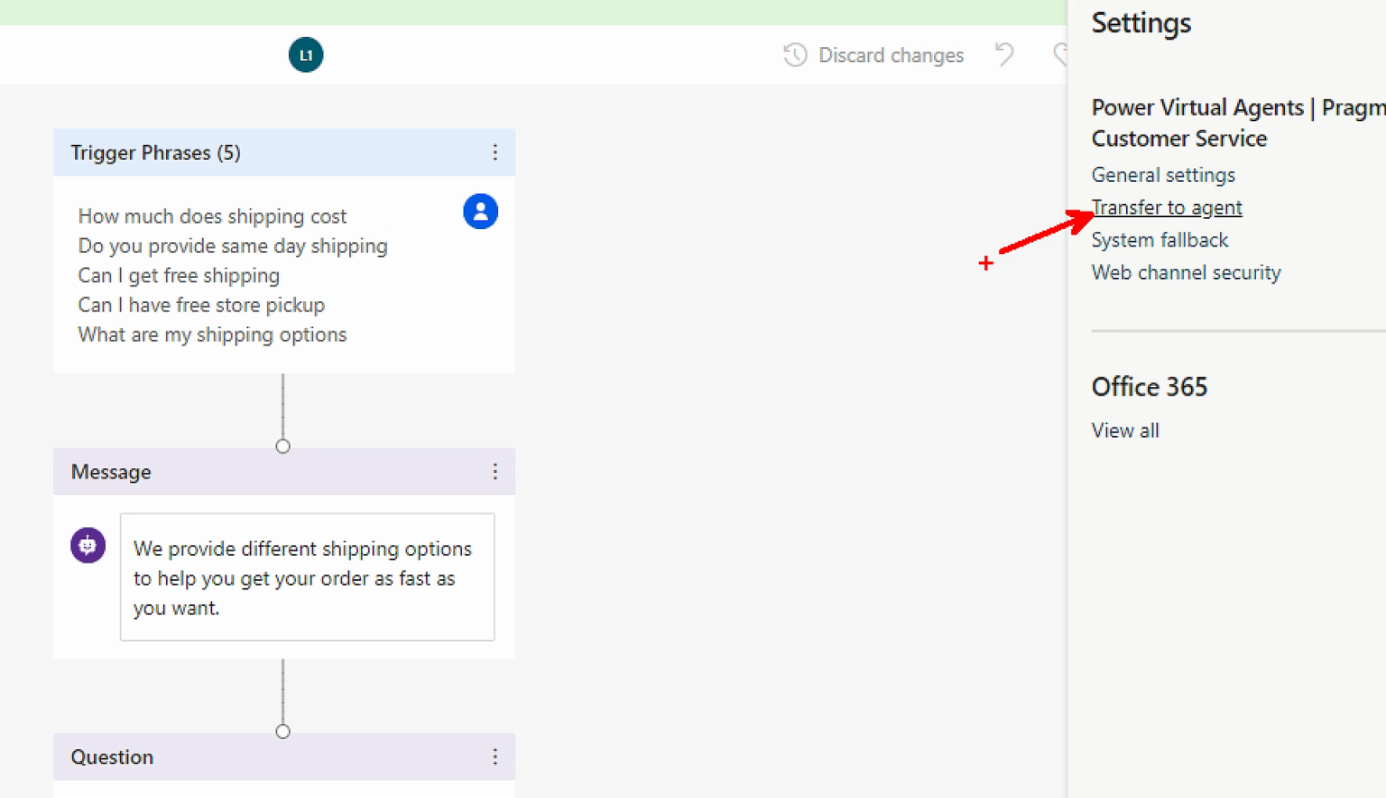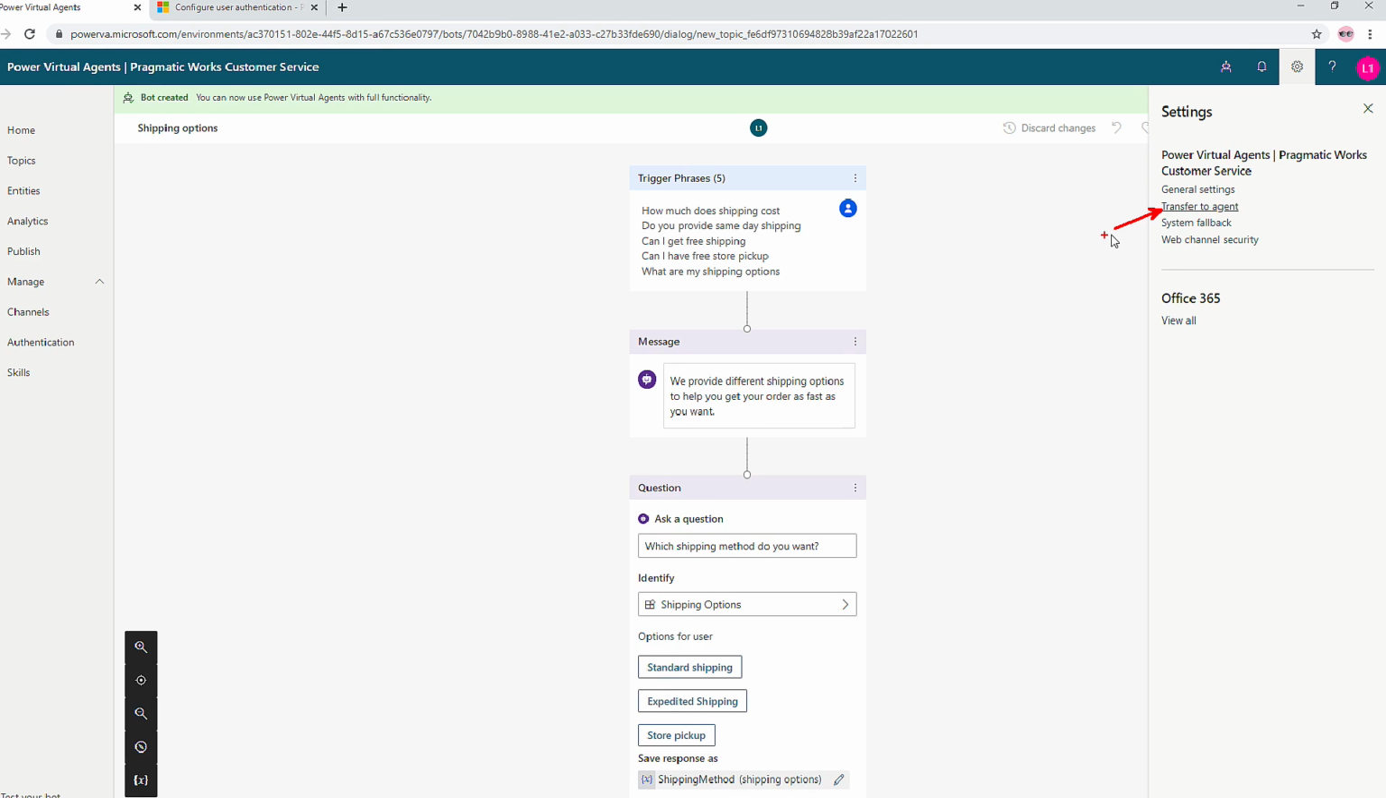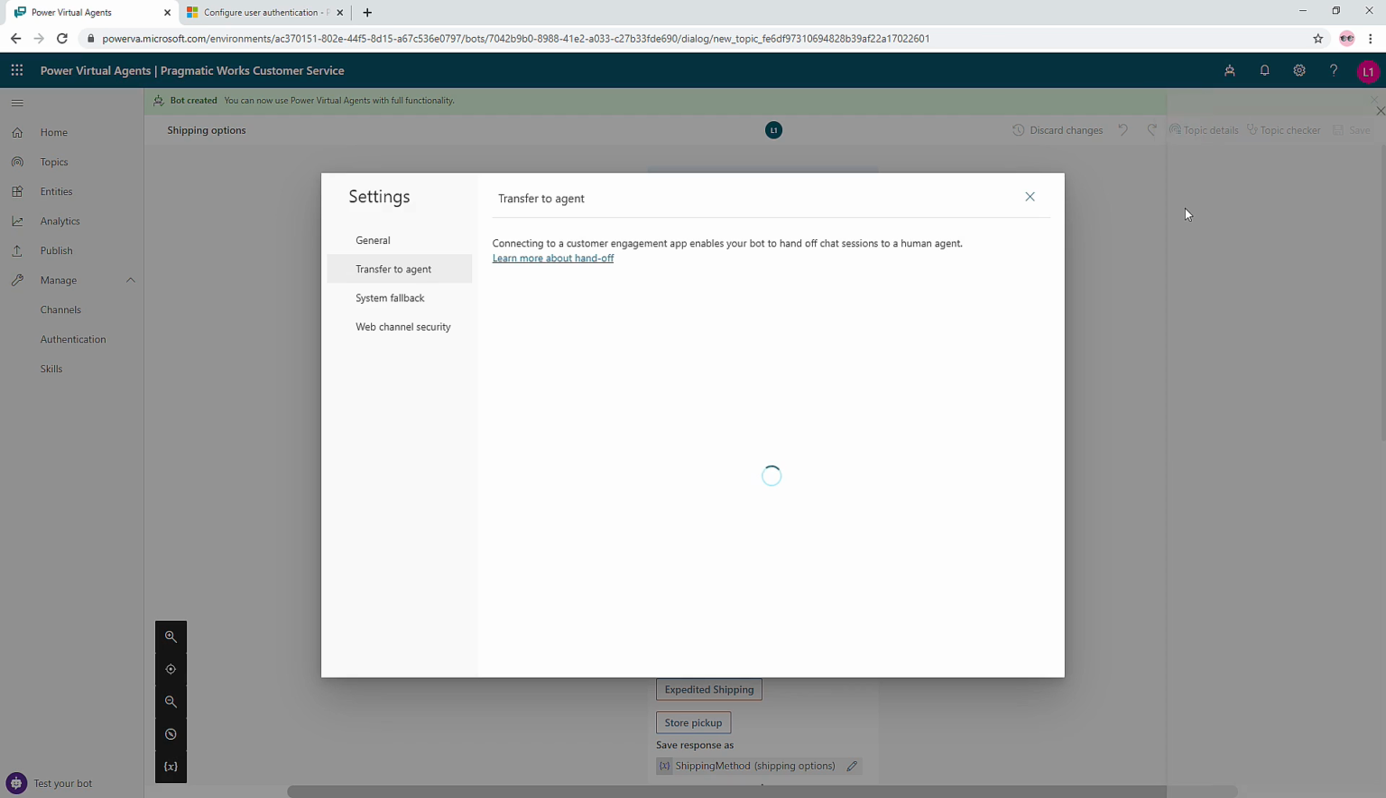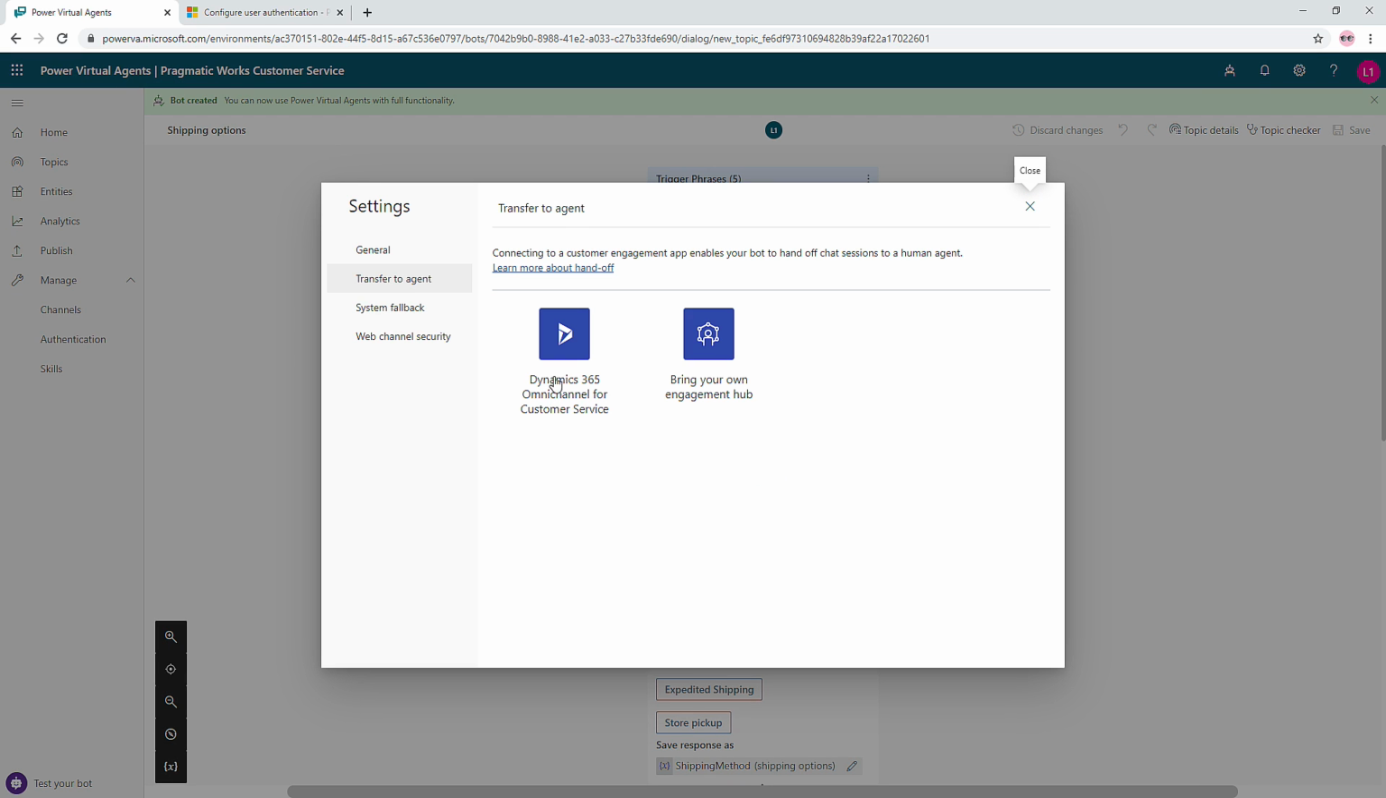Don't actually click with me on this. I'm just showing you this because we're down to 5 minutes or less here. So just watch. But if you click on Transfer to Agent, this is where you would wire up whether or not you're using Dynamics